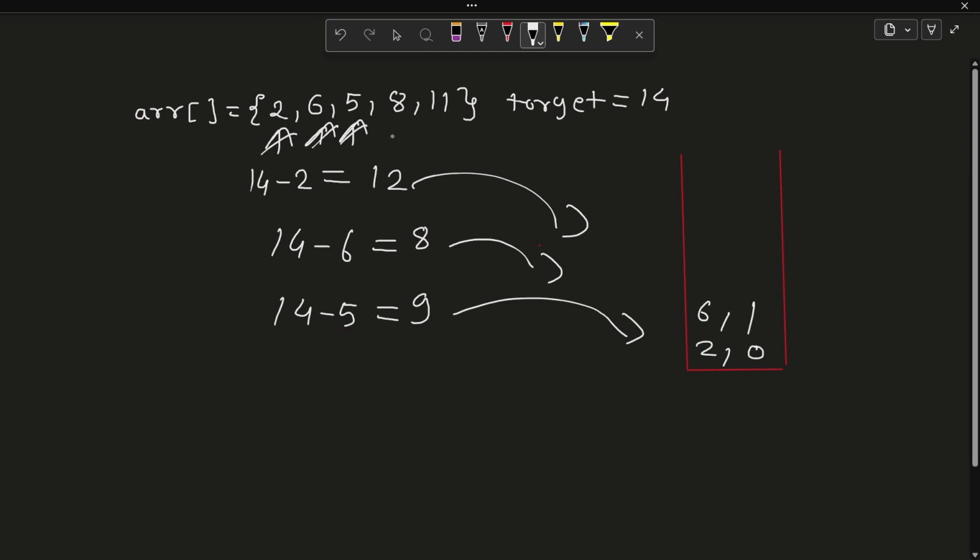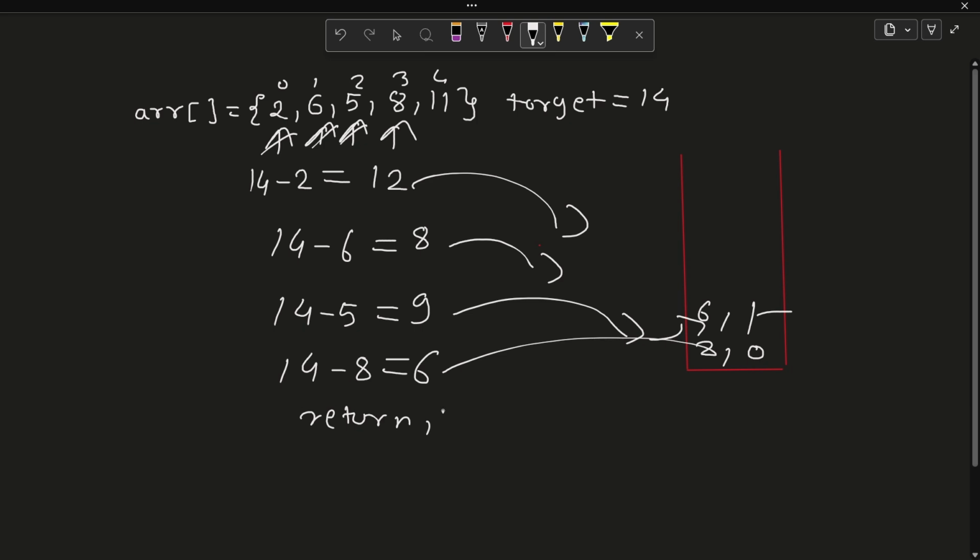Then we will move our pointer forward, and we will check 14 minus 8, which is equal to 6, and in this case it does exist in the hash map: 6 is at index 1, and the current index of the 8 is 3. Then we will just return 1 and 3. So in this case what is happening: if we do 14 minus 8, which is equal to 6, and in the question we want the sum of two numbers, and 8 plus 6 is equal to 14,